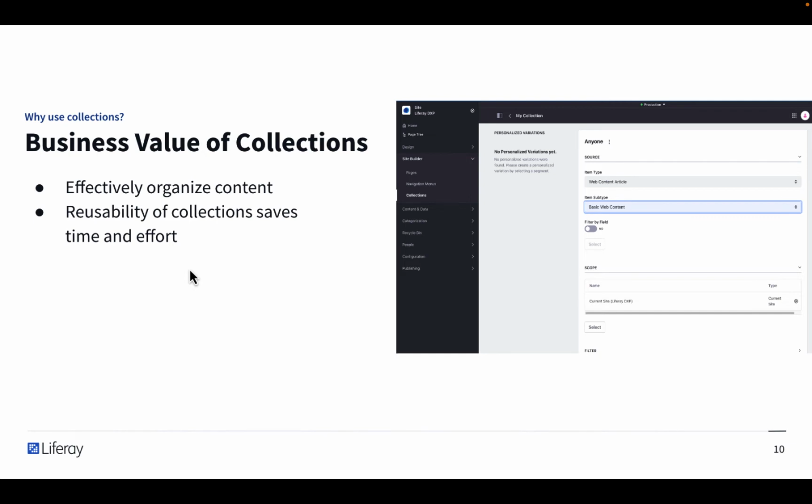First, collections allows us to effectively organize our content in a way that saves time and effort. This is achieved through the reusability of collections and how they are displayed. It's now easier than ever to reuse the content that you want to be seen on either a page or a fragment. In the past, we've had to rely on the Asset Publisher to display different assets,